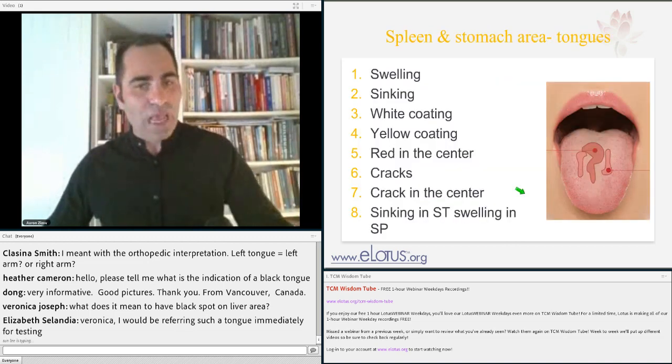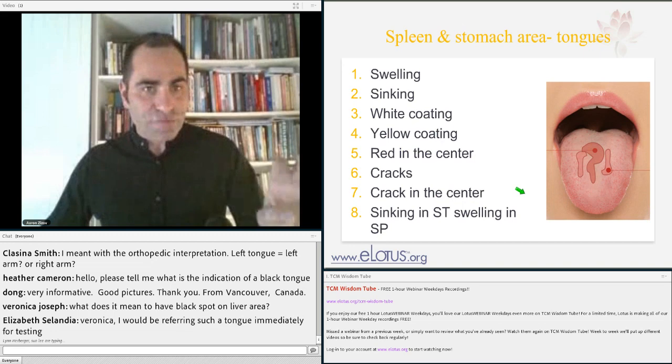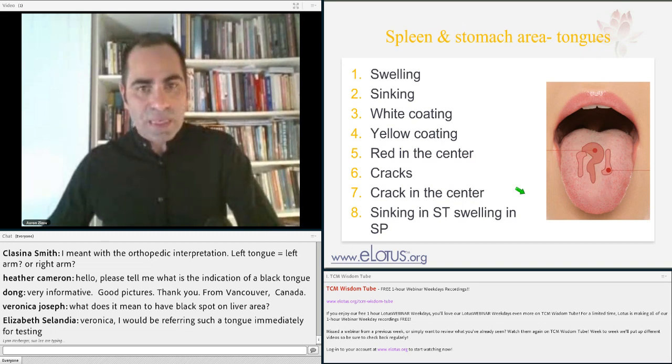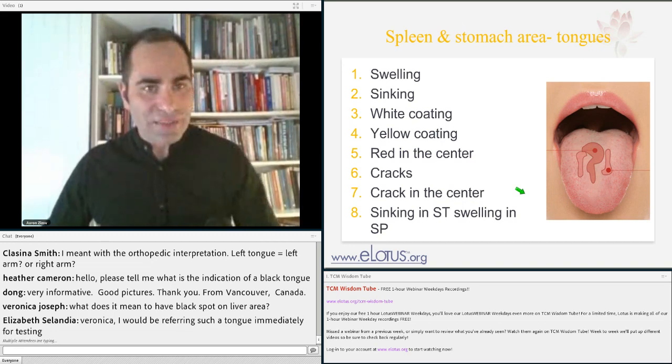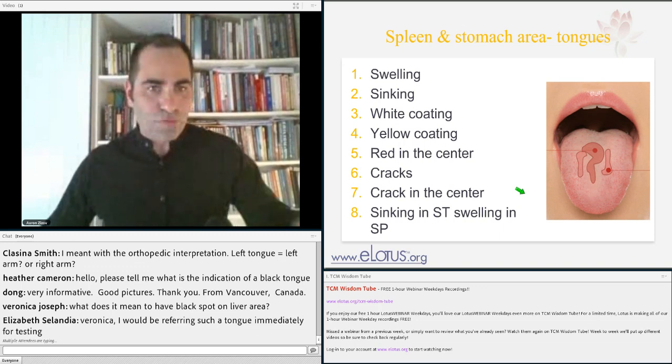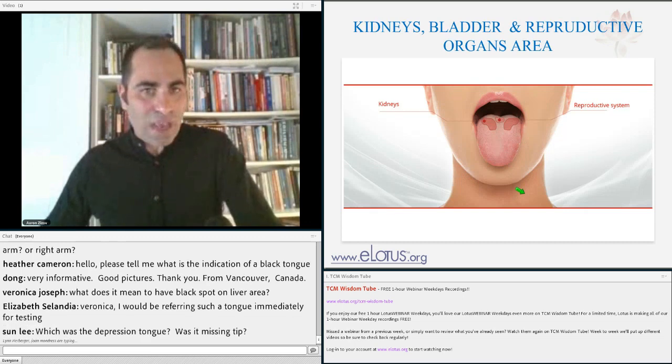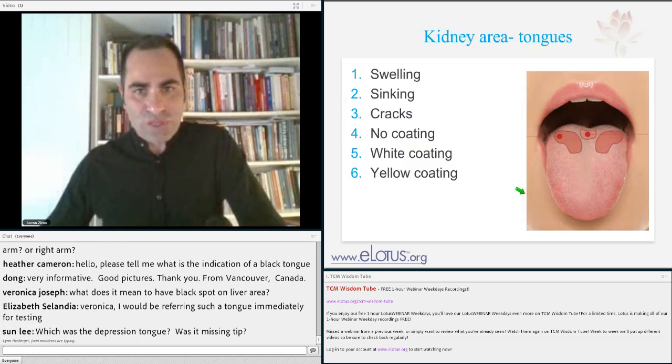Spleen and stomach, we have also 8 categories here, which we can consider the different aspects that we can see. And again, forgive me for not giving more details for each of these. Time is limited, but of course in the full course it's possible to get it all. We have also the kidney, bladder, and reproductive organs, also with the different